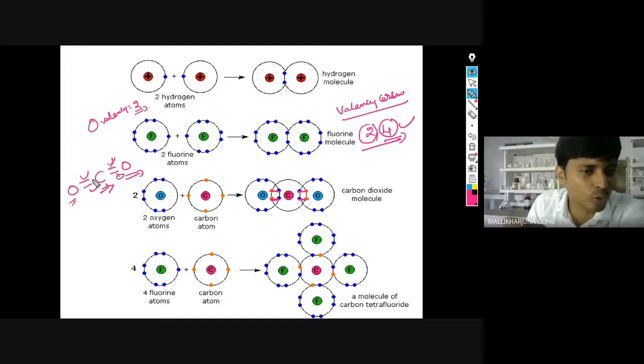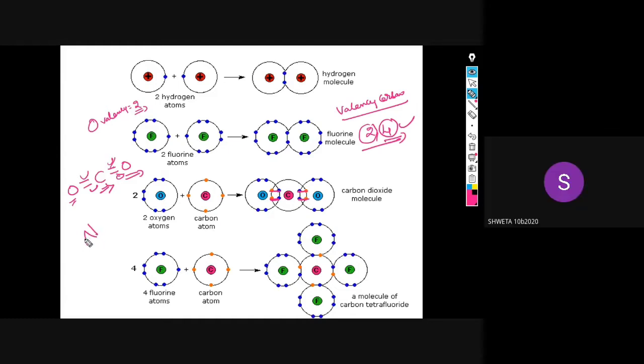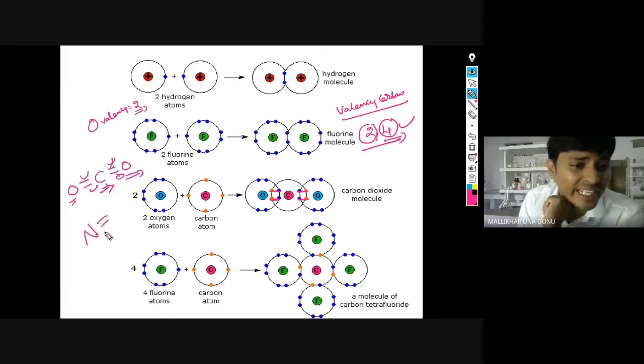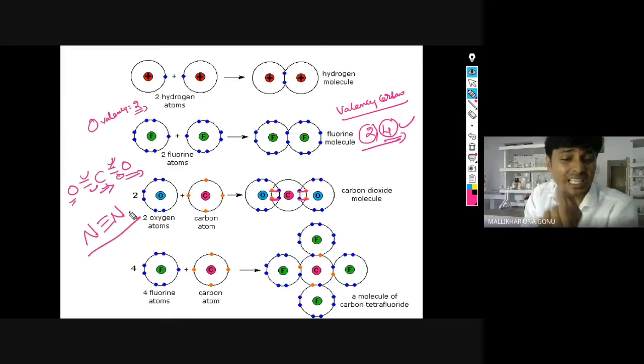Here also oxygen is having 2 bonds. That is the reason. What is the valence of nitrogen, Shweta? Sir, 3. So that is the reason you are getting nitrogen, N triple bond N. So this is the importance of electronic configuration, structure of atoms, and how they are bonding. Everything is the same. If you know the valence, you can write the structure of compounds, you can expand the structures and write them.